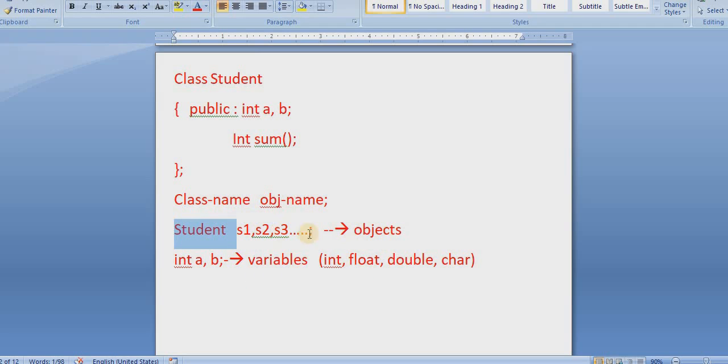So S1, S2, S3 are objects because they are created from student class, and A and B are variables. So these are not objects, these are simple variables because they are created from basic data types like integer, or you can use float, double, character. So this is the difference between variable and object. And here main topic is how to create object. So to create a object we have to use class name. So this is the general syntax: class name, object name. Example, class name is student. So you can create S1, S2, S3, any number of objects you can create from